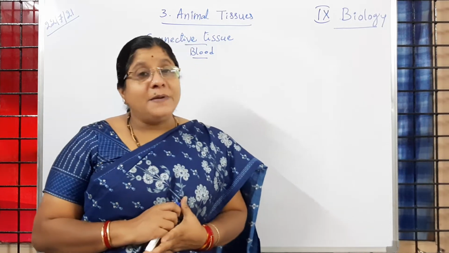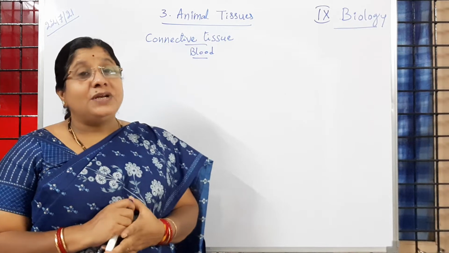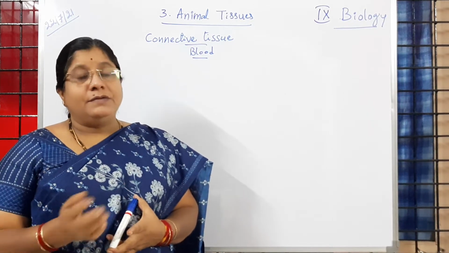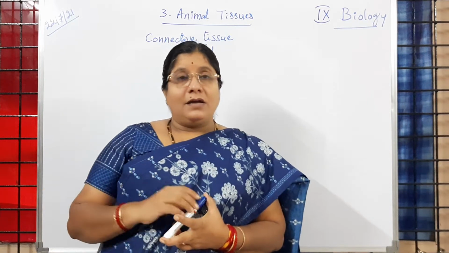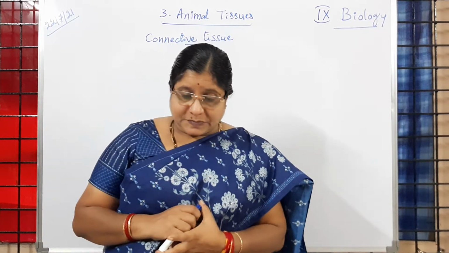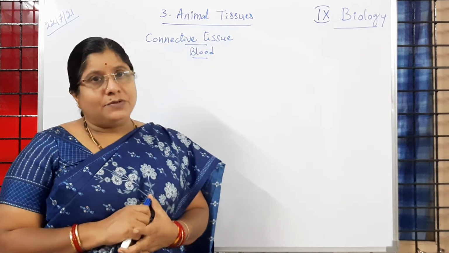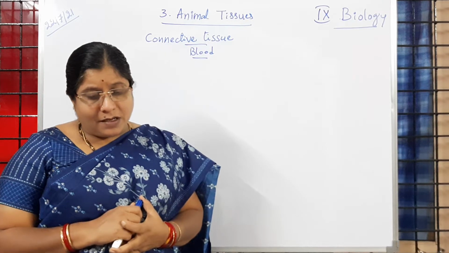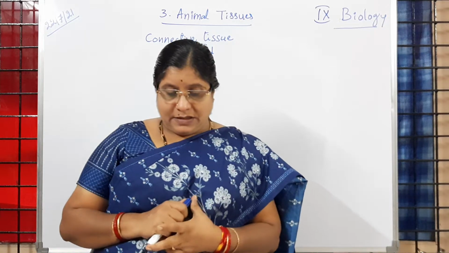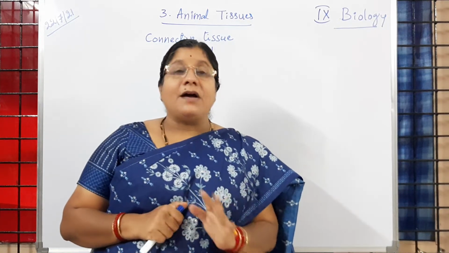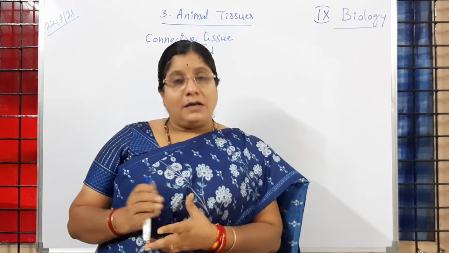This RBC are not having nucleus. In llama and camel, they do not have. Even we people are also without nuclei, we are going to observe. Is it clear to children? So camel and llama have nucleus without RBC. The nucleus is absent in RBC in camel and llama. Is it clear to children? So like that we completed.